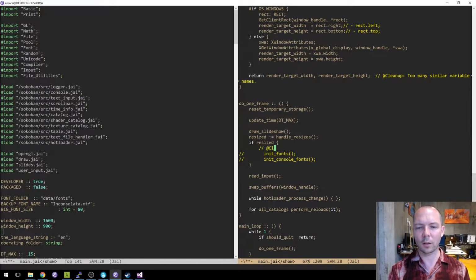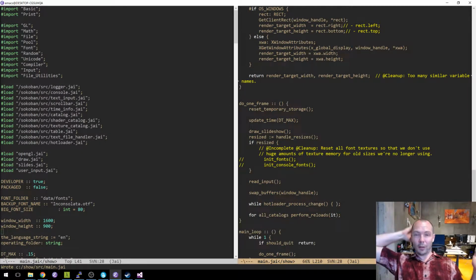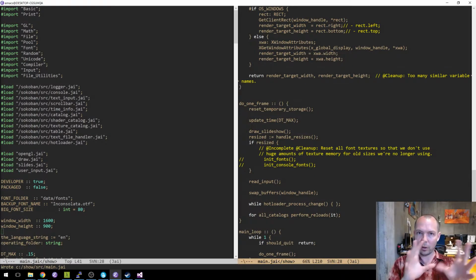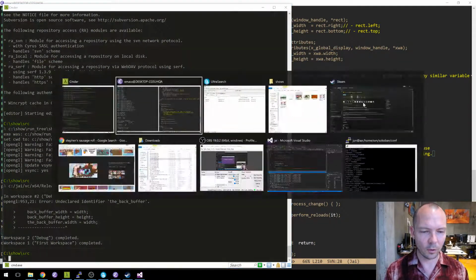We do want to clean up, reset all font textures so that we don't use huge amounts of texture memory for old sizes we're no longer using, right? Because you want your fonts to scale as your window scales, and because I'm making these texture atlases that have font characters in them, every time you scale your window, you're going to want different sized characters, and so that's just a comment to go do that later.